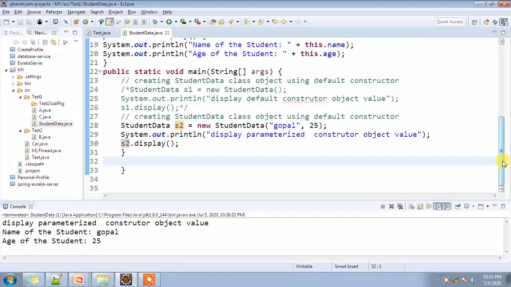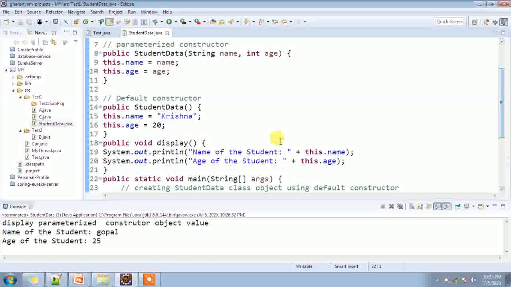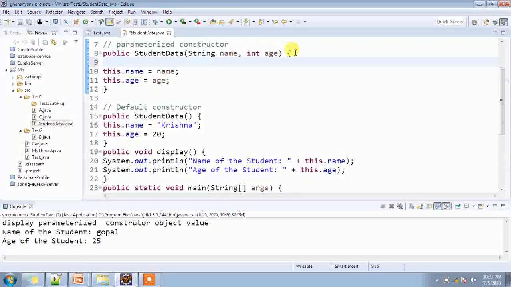But from this parameterized constructor, we want to call the default constructor, so we can call it by using this.